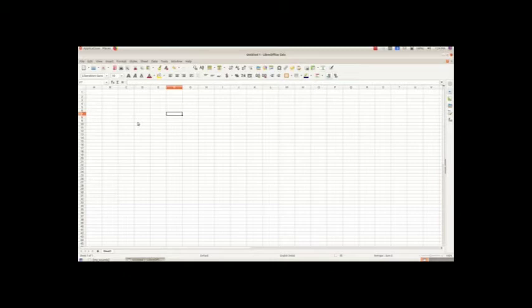To get that, press Ctrl and right arrow, and this will take you to the last column, and the cell address is AMJ. Similarly, to get the last row, press Ctrl and down arrow, and here we have the row name as 10,48,576.